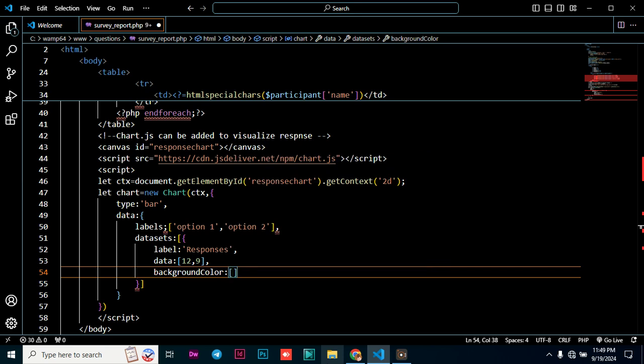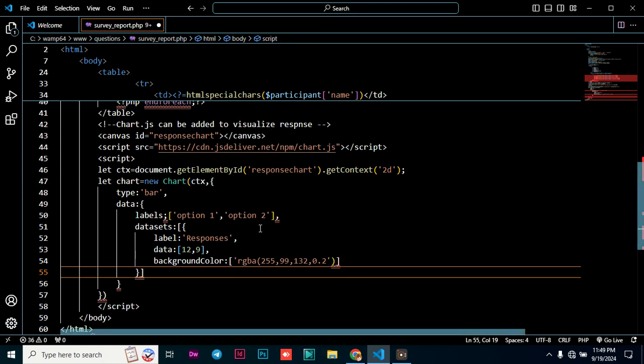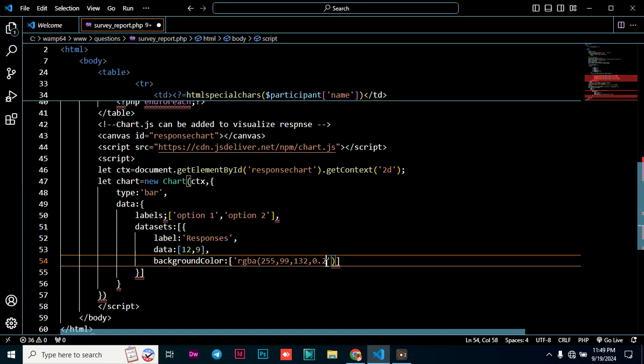Just say square bracket. In there we just open the single quotes, and then you just say RGBA, and then you have 255. So let me just mention the colors, 999. Then you just say 132. Then you just say 0.2. Okay, then so you close the bracket, and then this part is supposed to be outside. So we need to put the closing bracket here, and then